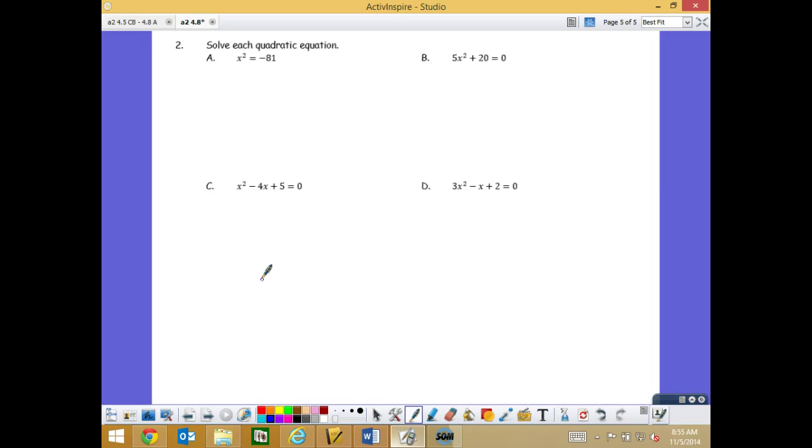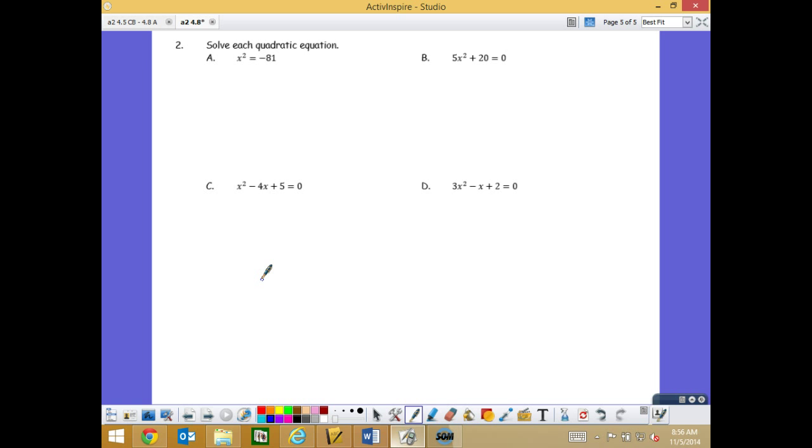And we started off with A and B, a couple of simpler ones, where we don't have to factor or complete the square or do the quadratic formula. We can just get the x squared piece by itself and then take the square root of both sides. Now, do not forget that when you take the square root, these numbers are going to have two answers for most of these, unless you're taking the square root of 0. The positive and the negative. So in this case,